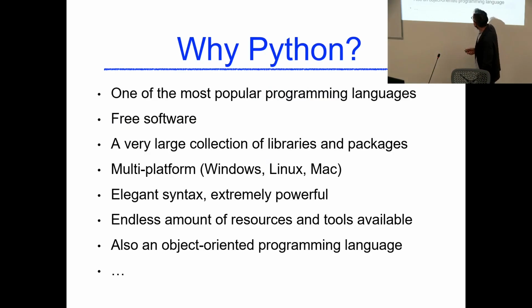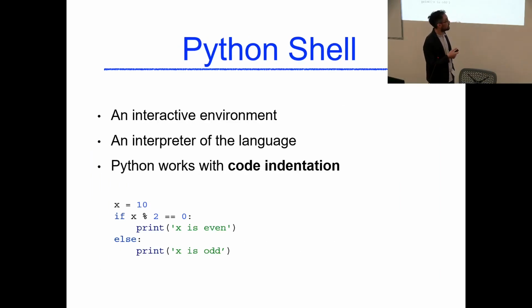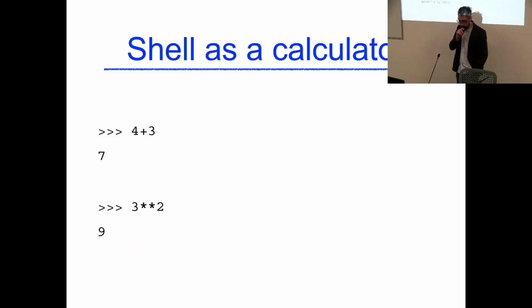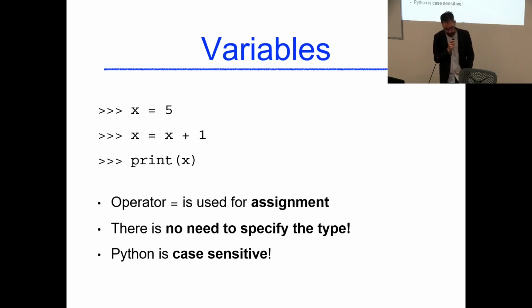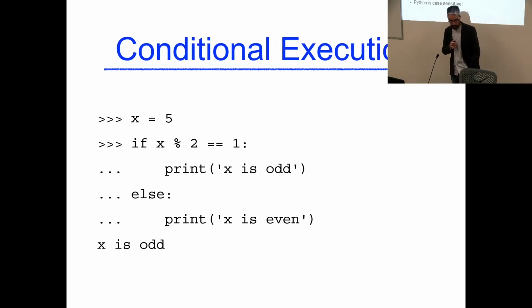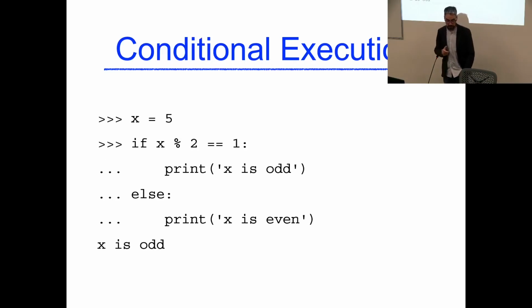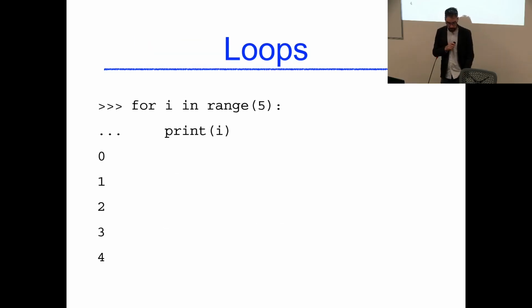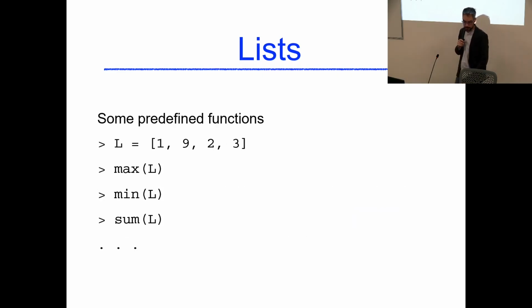So why Python? I already said it's basically the de facto standard, together with R probably, to do data science. We didn't talk about the shell. It's a very quick thing to quickly prototype things, so you don't really use the shell when you are developing a script, let alone a full-fledged Python program. We have seen that variables have no type. There is no need to specify the type. We have seen conditional execution, various forms of loop. We introduced some data types like the lists,